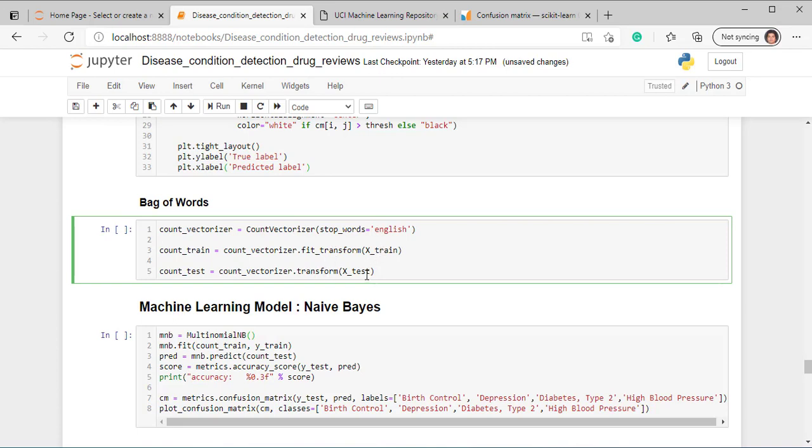practice. The major objective of doing this is that first you are fitting and transforming the training dataset, and whatever this object learns in the training set, we have to apply it on our test set. So we have to transform using this CountVectorizer object, and whatever it learned in the previous step, it has to transform the text based on that.